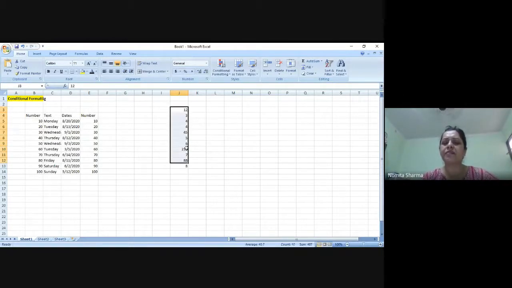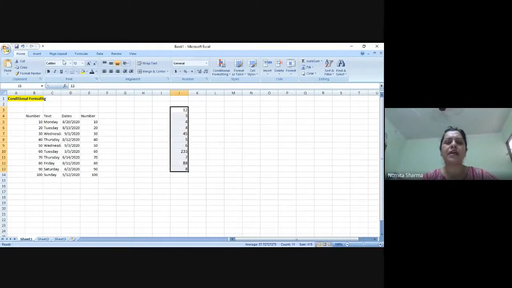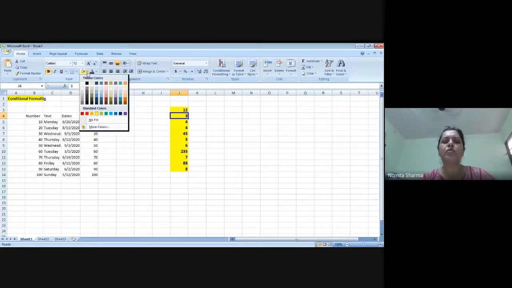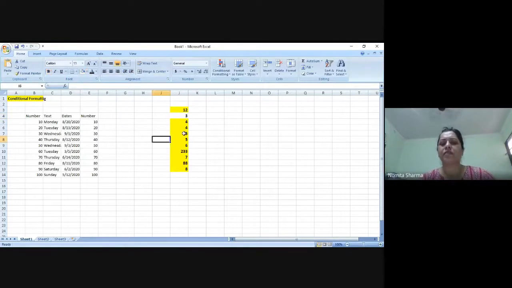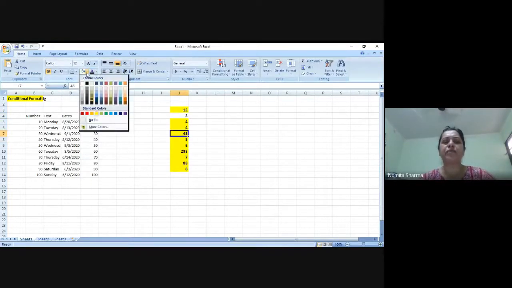If I enter this data like that, and without condition I want to format, very easily I have to just select the column and do formatting with respect to maybe the font size, bold, italics, or maybe make them colorful. I can have yellow color. But by default, if I want to format this particular column, I have to select this particular column and then do changes in that.